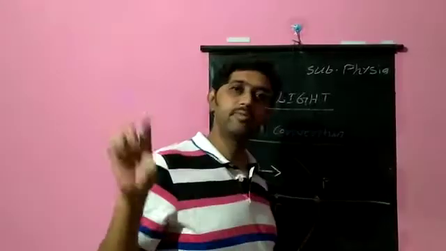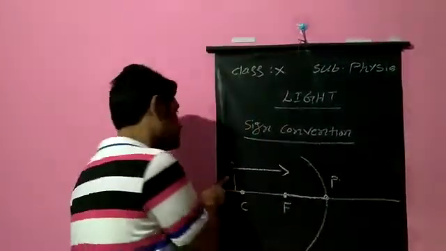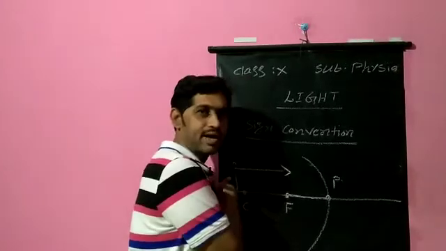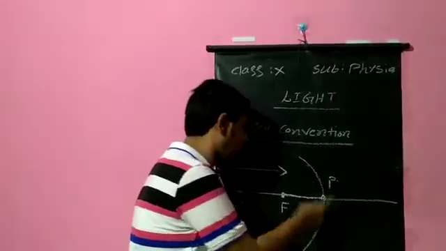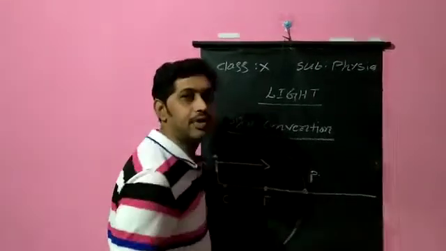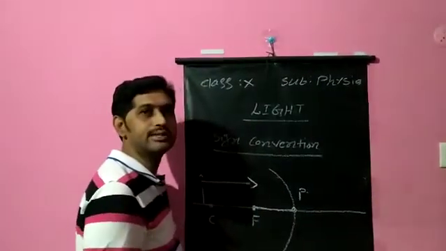That means for any concave mirror you take, its focal length will always be negative, because when we place the object on the left side of the mirror and you measure its focal length, you will be measuring it from the pole to focus. That becomes left of the mirror. So you need to take that as negative. For a concave mirror, focal length is negative.